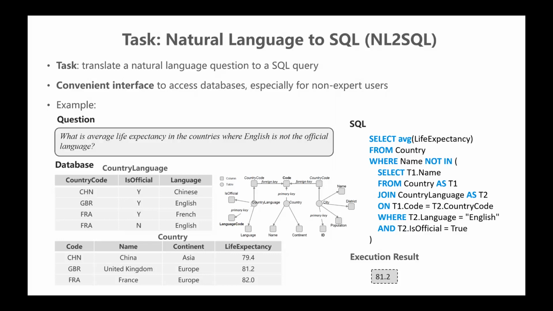A natural language to SQL model typically takes the question and the database schema as input and predicts a SQL query. The database schema contains the table names, column names, and the database constraints. In this SQL statement, there are three major challenges. First, this query contains a nested subquery in the where condition. And second, there is a join of two tables in the subquery. And third, the model is required to interpret the word official in the question to the Boolean condition in